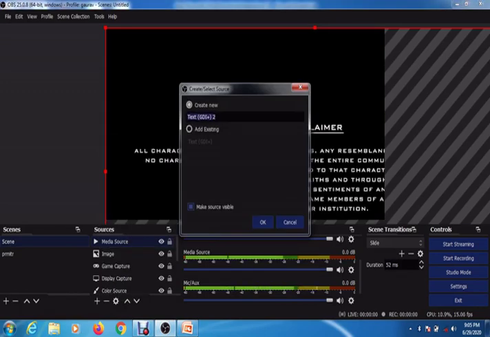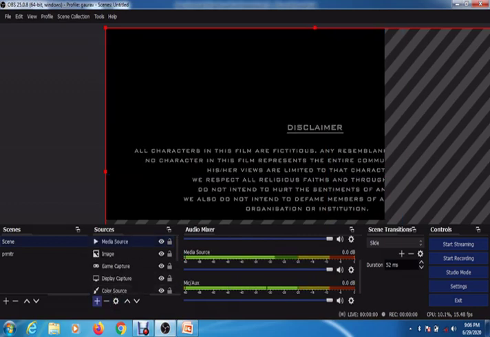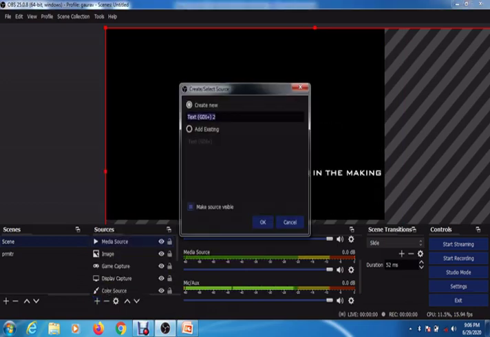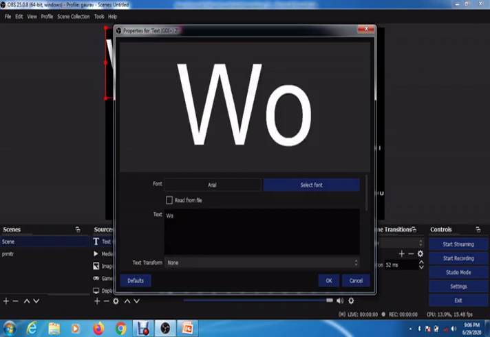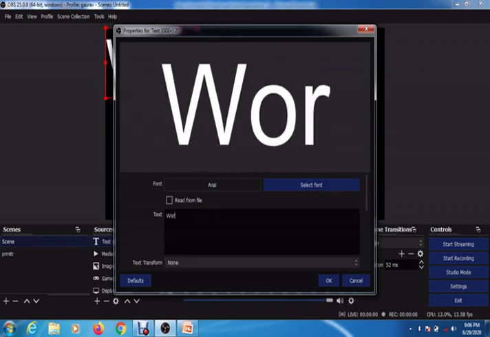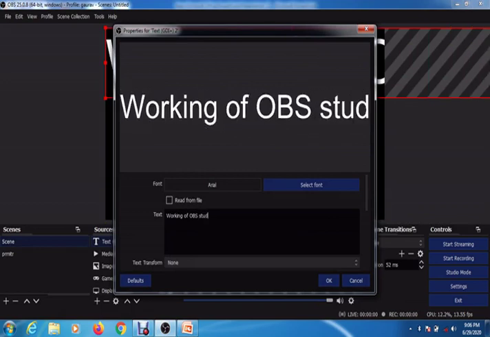Now this is the text box. Whatever text I have written earlier, the working of the OBS Studio, I have written this with the help of this text window. In this text window you can write anything. Suppose I am writing it again as the working of OBS Studio.